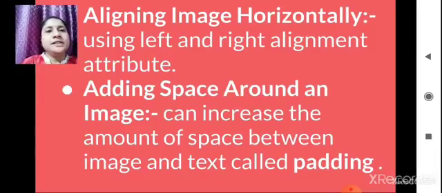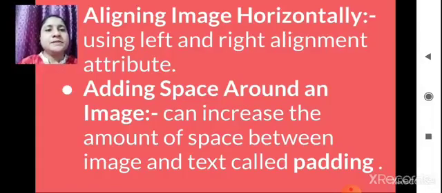Okay, so next is aligning an image horizontally. Using the left and right alignment attribute, you control the horizontal position of an image on a page. These attributes also control how text wraps around the image. If you give left alignment to an image, it will appear on the left, or when you give right, it will appear on the right side of your page.